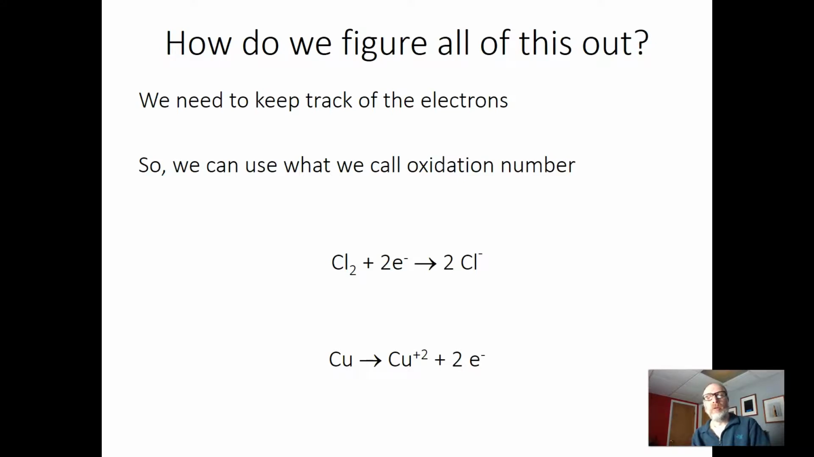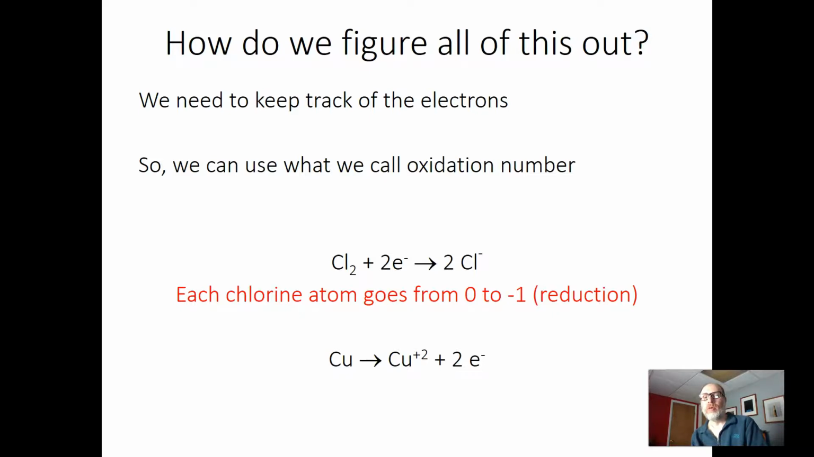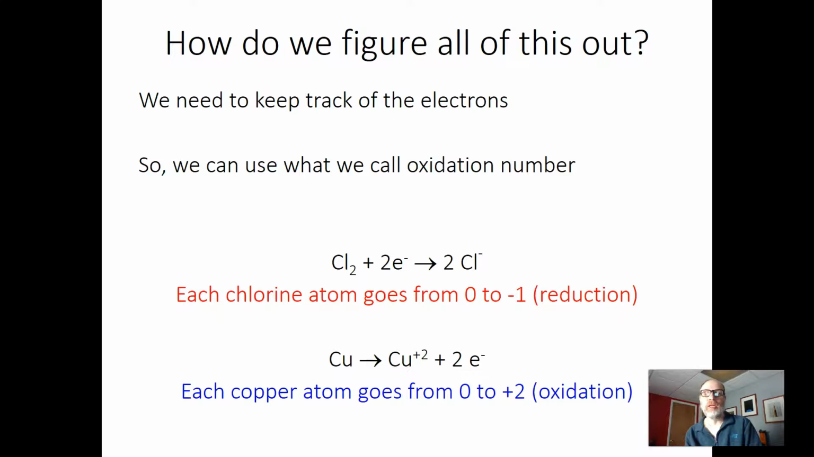So if we look here at chlorine going to chloride ion being reduced, each chlorine atom is going from a 0 oxidation number to a -1 oxidation number. Notice that the oxidation number is getting smaller. It's reduced, and so that's a reduction process. Now if we look at the bottom, the oxidation half reaction of copper to copper +2, each copper atom is going from a 0 oxidation number to a +2 oxidation number. So how do we figure out those oxidation numbers? That's what we're going to focus on for the rest of the lecture, but I do want to talk first about